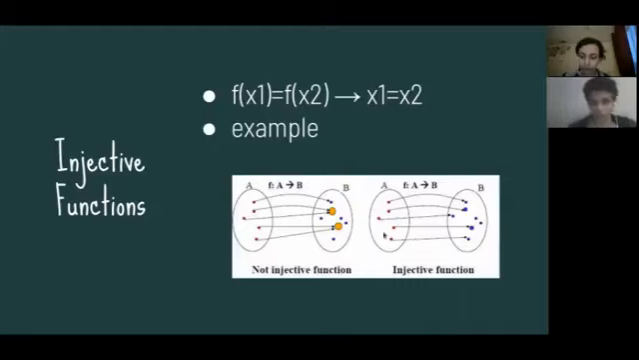And so as an example, if you look at these two charts, this is not an injective function because you have these two red elements here, they share a common image. And these two elements here, they share a common image. So this is a function because every element in A is paired with something. But now you have these two elements paired with the same thing. So this is not injective. However, in this case,